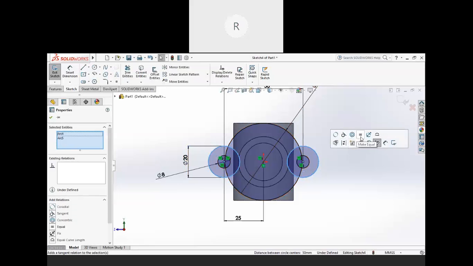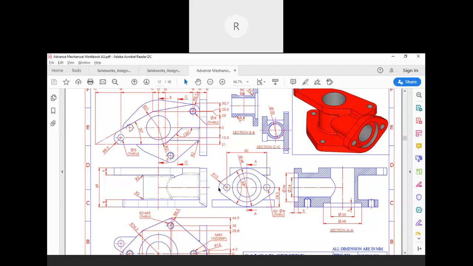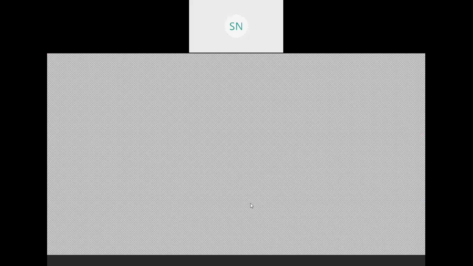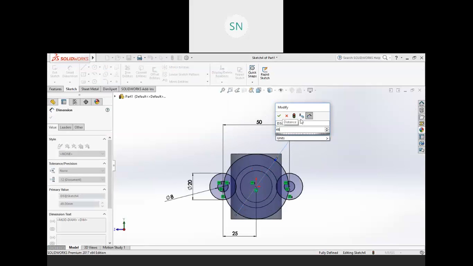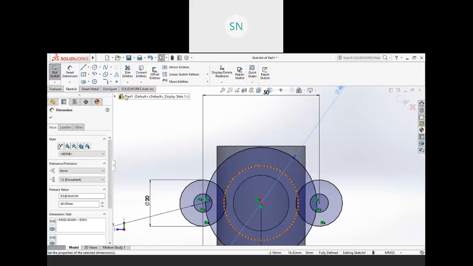So this one and this one are equal. Just check it once, whether it is all right or not. So we have 48 diameter and the rest of the thing is right. So this is not 49, this is 48, which is fine.